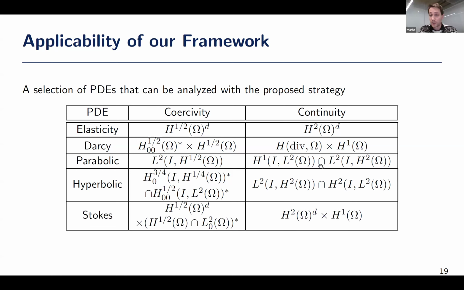For Stokes equations here, you always see this mismatch. Continuity needs to be measured in a stronger norm than coercivity, and the norm where you have coercivity is the norm with which your error will decay. So in all these examples, you see that the error decays in a weak norm, but you need a universal approximation for these spaces.